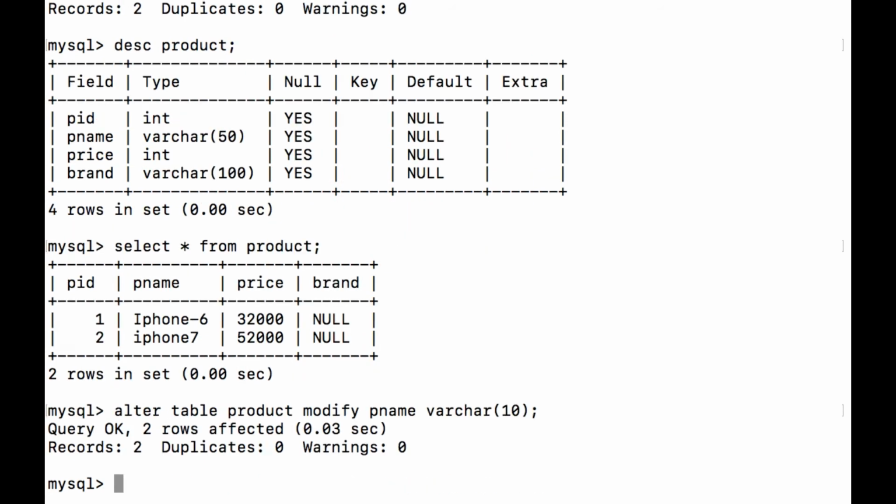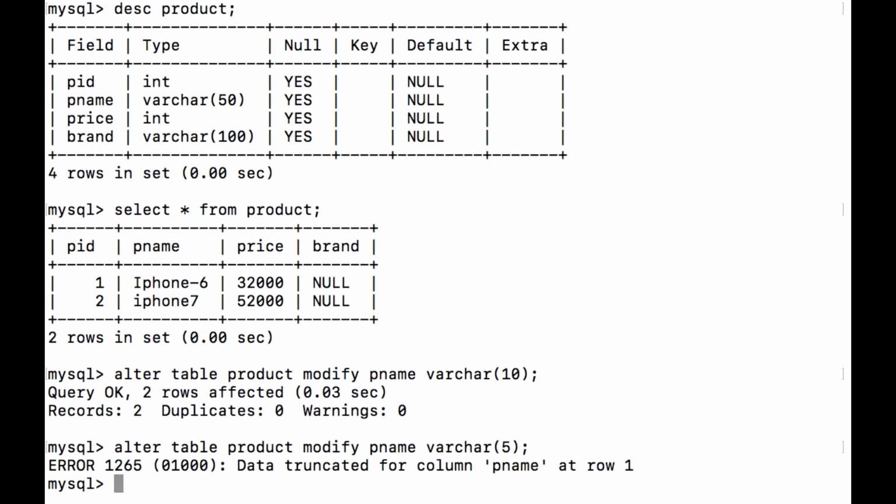Rows got updated, but if I try to change to 5 characters, here we got an error, because if we try to change to 5 characters, some of the data may not fit. So the ALTER TABLE operation can result in an error.